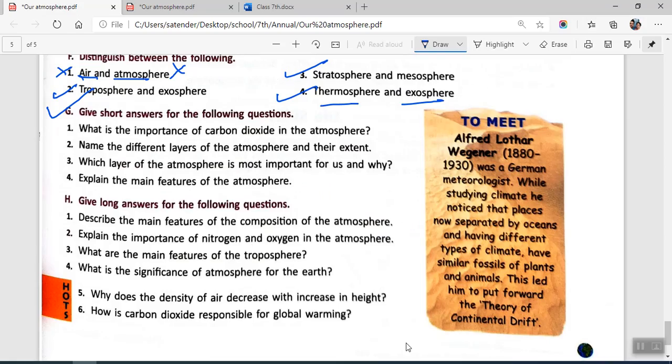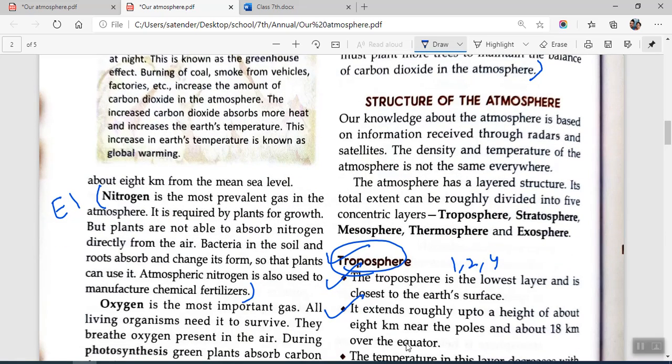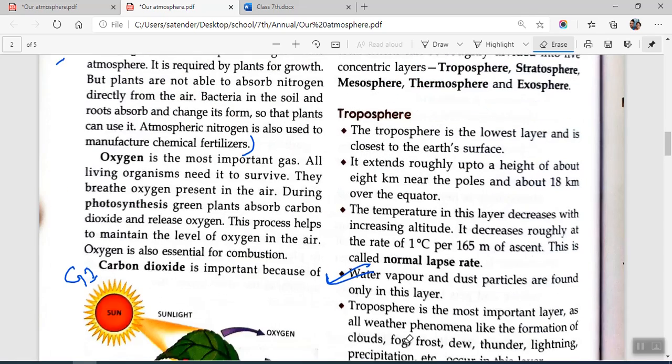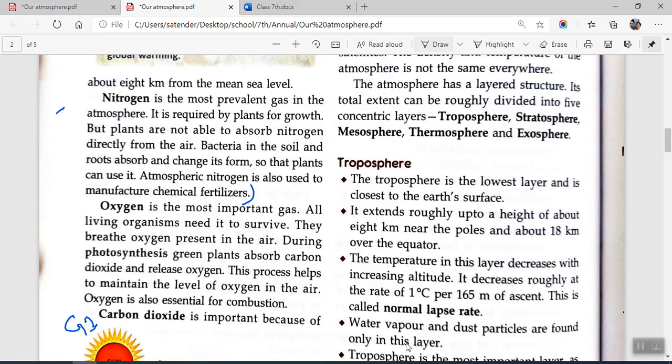Now moving on to G2, we have: name the different layers of atmosphere and their extent. Now you are asked about the different names and their extent. So what we will be doing is we will just be writing the name and their extent. Extent in the sense that we have to only write the height of it. So you'll be writing different layers of atmosphere are